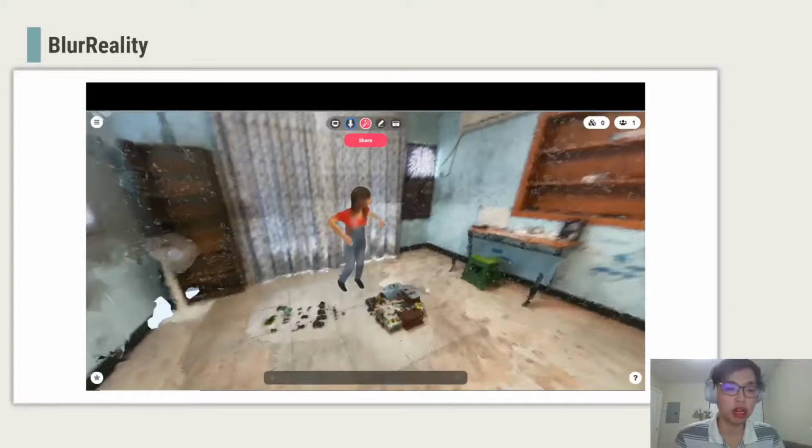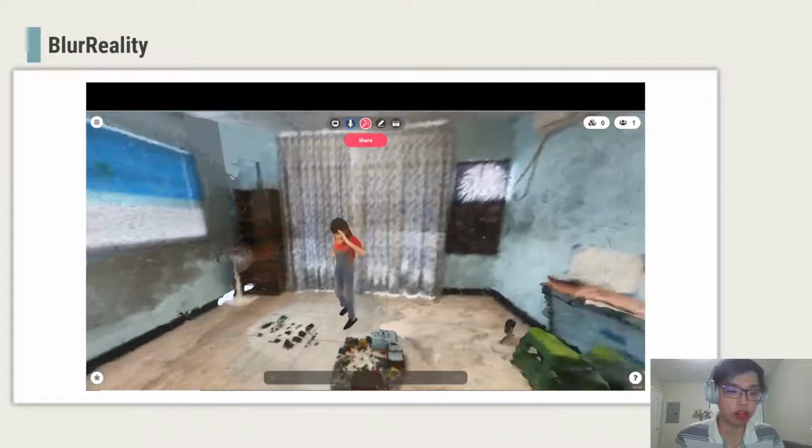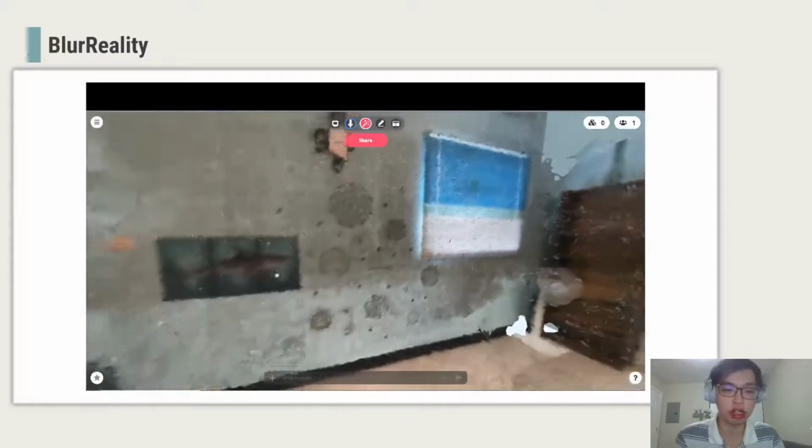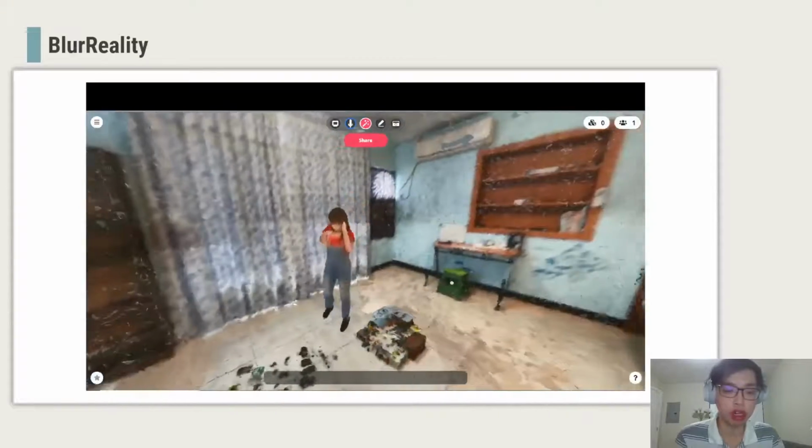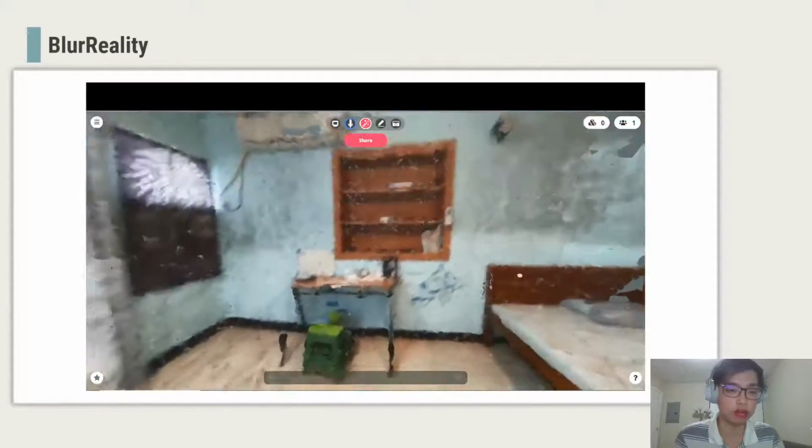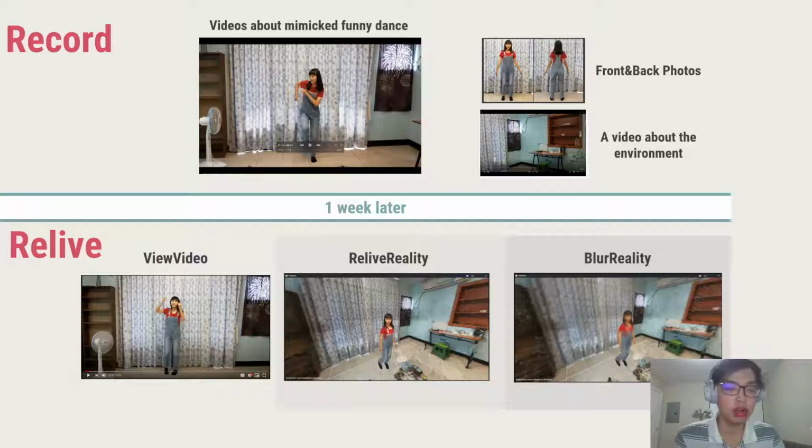Our prototype also allows users to apply a blurring effect to hide the details in the reconstructed experiences. And this will be utilized in our study later. Now, ReliveReality allows users to relive their experience in 3D and share this experience with others. We argue that this provides a new way of sharing experiences, but it also raises new privacy concerns. And we also think it's critical to understand how participants relate themselves to their reconstructed avatar.